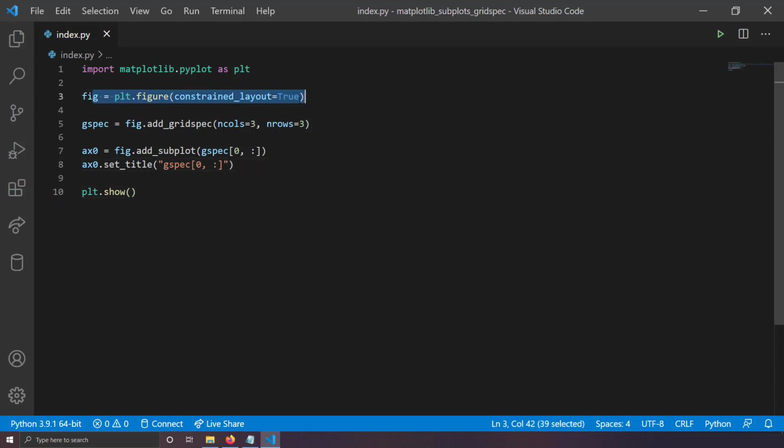Basically I've created a figure, I've created a grid spec with 3 columns and 3 rows. Now I've created a subplot by using figure.add_subplot, and I've given the desired gspec so that I can locate precisely where the subplot is going to be. And for the axis handle I've set a title. So now at the end I'm plotting this plot, saving it and running it.